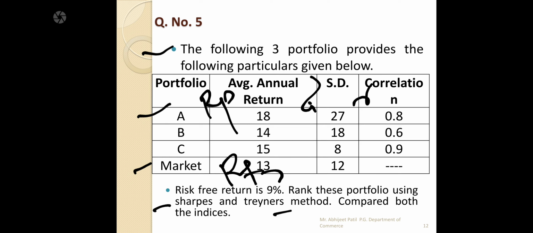So here, as per Sharpe, we want the information that portfolio return is there, standard deviation is there, risk-free asset is there. So there is no need of the other information. But for Treynor's purpose, beta is not given. So directly they gave correlations. So there we should first find out beta for Treynor, and then we have to calculate the Treynor performance index.